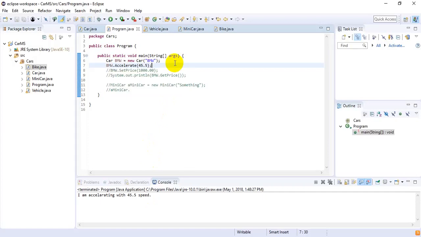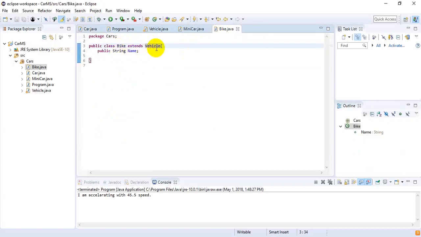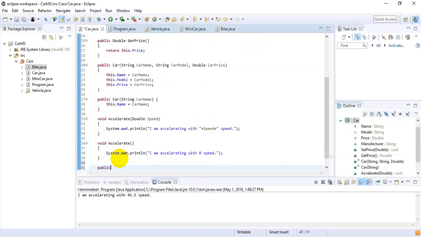Now I am moving towards runtime polymorphism or dynamic polymorphism. Here in runtime polymorphism, as I stated earlier, method overriding is an example of runtime polymorphism. So we need inheritance there. We can see that public car extends vehicle, and there is another class, bike, that extends vehicle. So inside the car class I want to write another method, and that is public void, I want to name it ride,